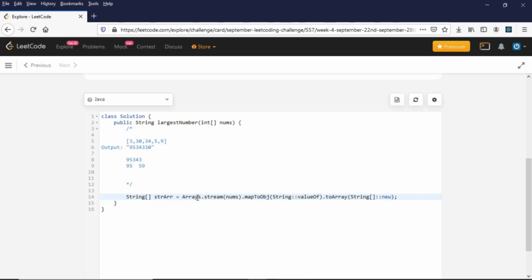So what I am doing here is I am converting my nums number into a stream, and then I am mapping that integer to a String.valueOf. So basically I am just trying to convert this into a String.valueOf, and then again I am converting it into a toArray and creating a new string out of that. So it's same as going through the nums int array using a for loop, and then creating a new string object and adding that into a string array. Okay, so the output of this will be a toArray. So I'm using streams here to do this in one line instead of having it in multiple lines using a for loop. So once I have the string array, right, I can do a sort on that string.